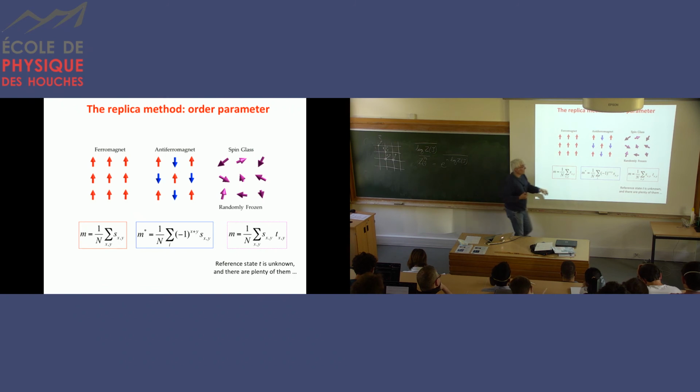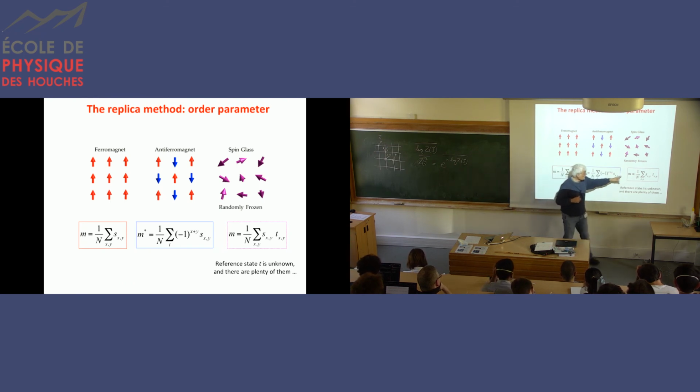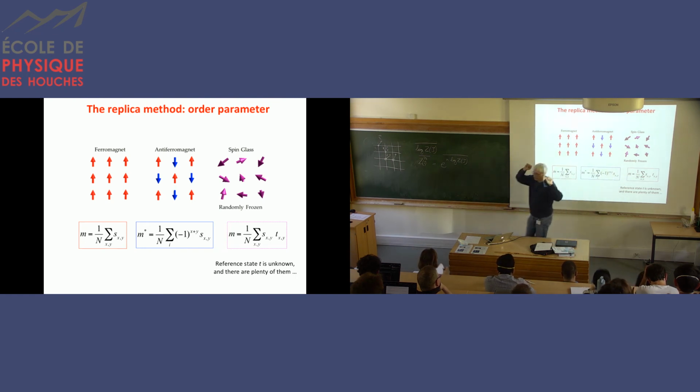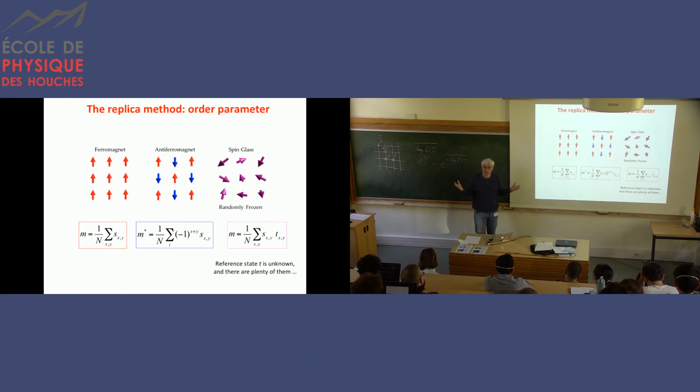And you would think, okay, that's not a problem. If I have a spin glass, there should be some preferred direction at low temperature, some vector T, and what I should do is compute the projection of S with respect to T, the dot product of S and T. But the problem is that we don't know what T is. We have no idea. It's very hard to find, as I told you, and there can actually be plenty of them. So how do we know that we are in some kind of order, in the vicinity of a good T state?